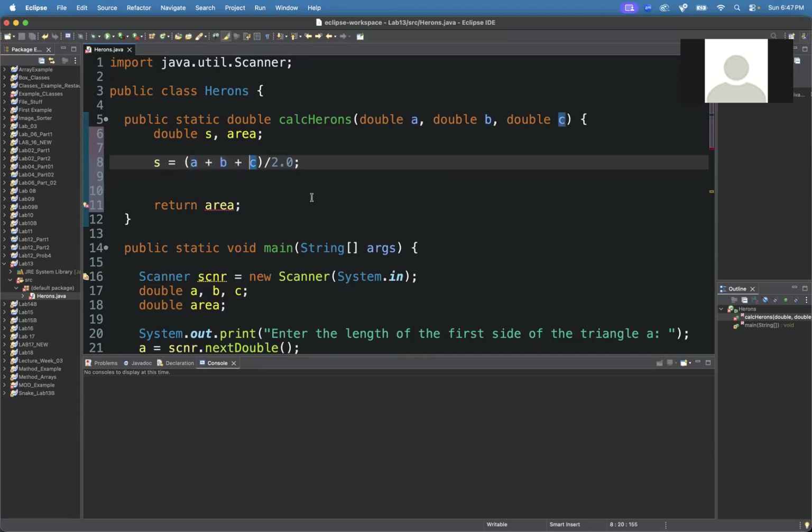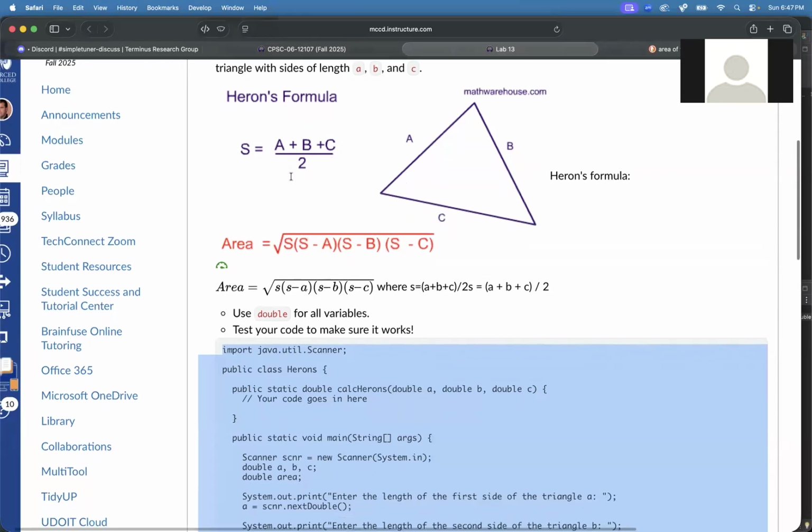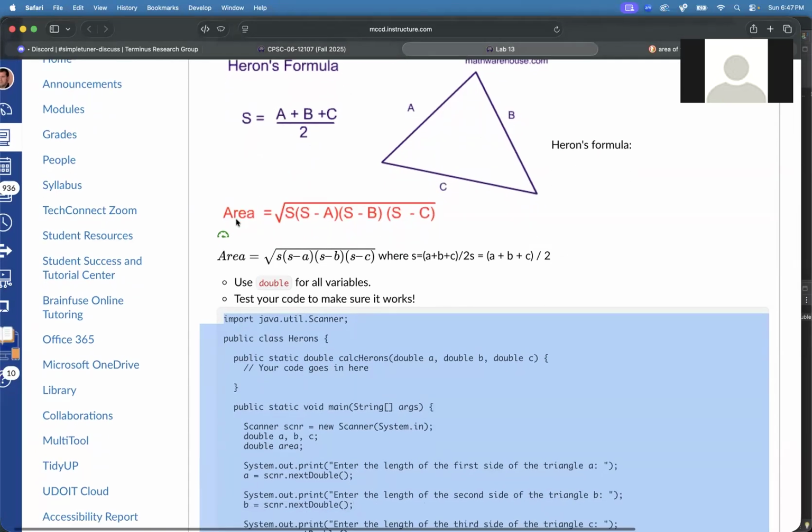So there we go. That's the S, right? A plus B plus C divided by 2. So that'll calculate this part of the formula. And then for the next part, we calculate the area, which is going to be the square root of all